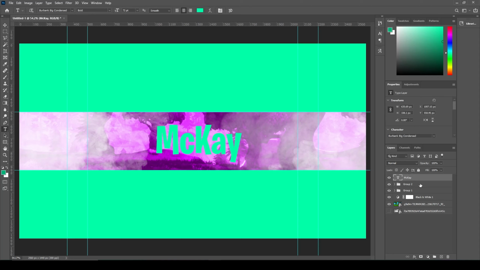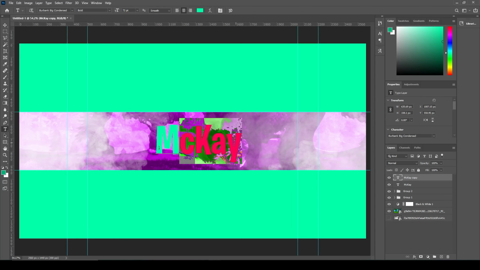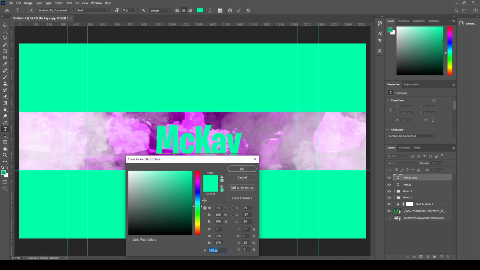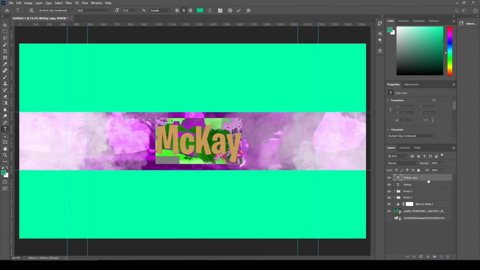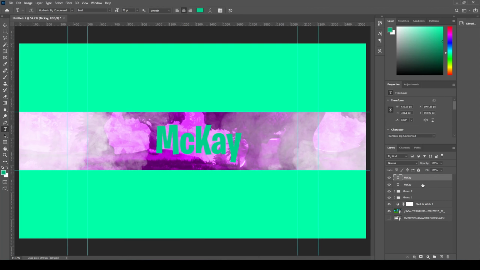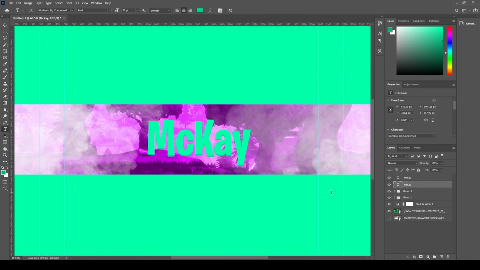Now you want to make a duplicate of this by pressing Control and J and then highlight over that. Make it a little bit darker, however dark you want, it's all up to you. Now click on it again, hold Control and press the arrow keys 5 or 6 times until you want to stop. And now you can see we've made a little 3D effect. If you want to go a little lower, I will,